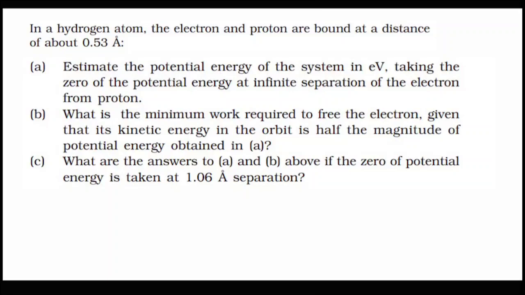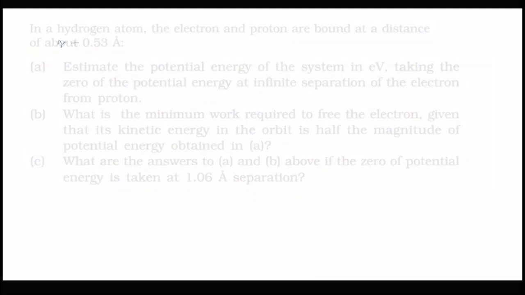The next one is, what are the answers to A and B above if the zero of the potential energy is taken at 1.06 angstrom separation. If we consider this problem, in the first part, the problem is saying that the separation between the two charges is equal to 0.53 angstrom, and we can write it as 0.53 into 10 to the power minus 10 meter,